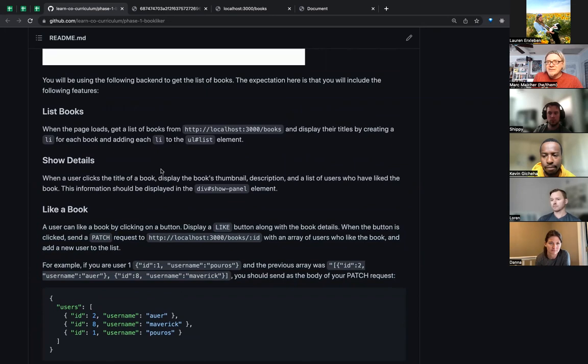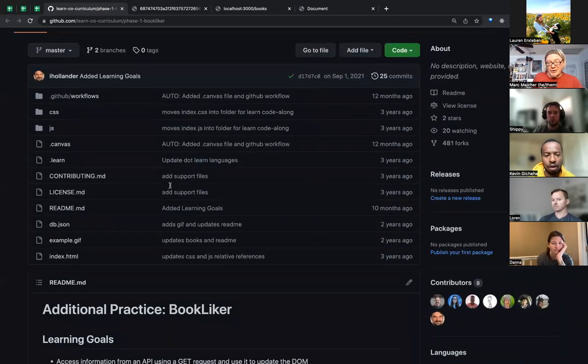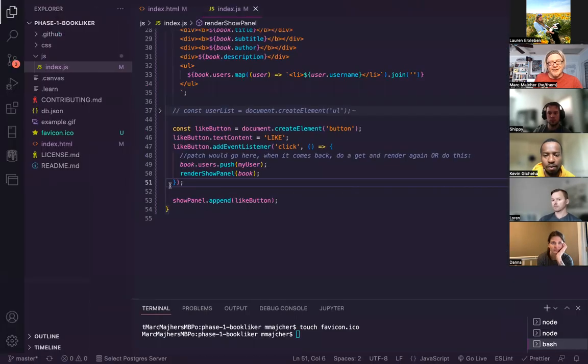interpreting ambiguous specifications sometimes comes with a job. If this was a real job, I would call up my PM or my product designer or whoever else and say, hey, this is ambiguous, make it more clear, or else I can't work on it. In this case, you just kind of make stuff up, because we're focusing on learning the stuff instead of making an actual product. If this was an actual product, we would have a conversation. And I believe the code challenges are much better specified than this, so you should have a good